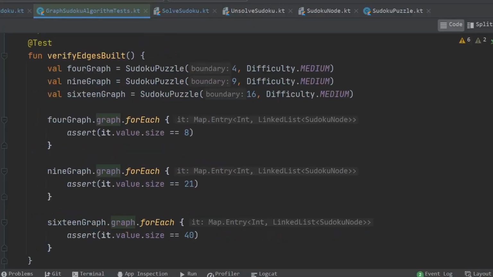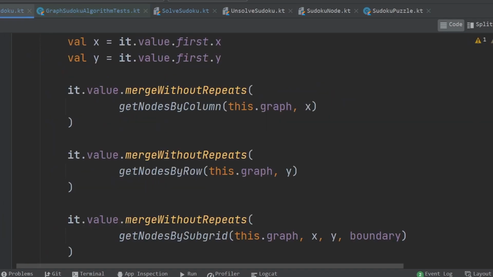rules. After looking at a picture of a 4x4, 9x9, and 16x16 Sudoku puzzle, I was able to determine that every tile will have the same number of edges as any other tile, and those numbers happen to be 8, 21, and 40 respectively. At first the test was failing, but I figured out that a node can be, for example, in the same column and subgrid, so I needed my algorithm to be smarter about avoiding those kinds of